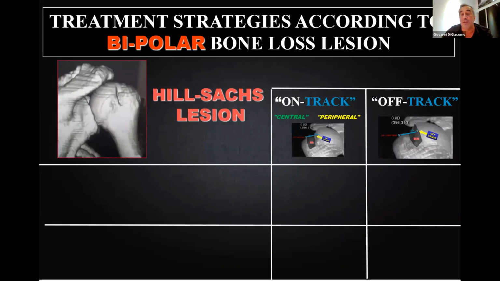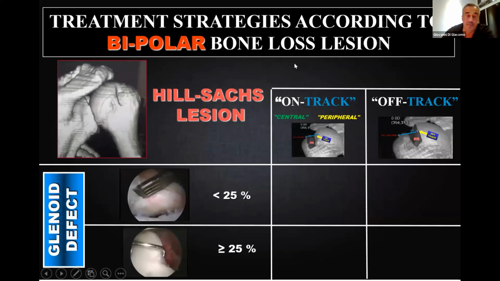According to this, we did a classification. We have patients that are on track, that are off track, and patients that have different glenoid defects. The critical glenoid defect, according to the literature, is 25%. So the most frequent patients you will face are patients that are on track and they have less than 25%